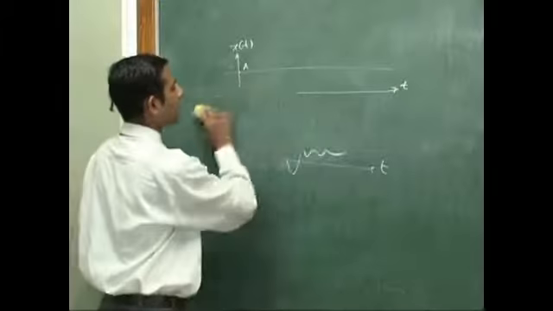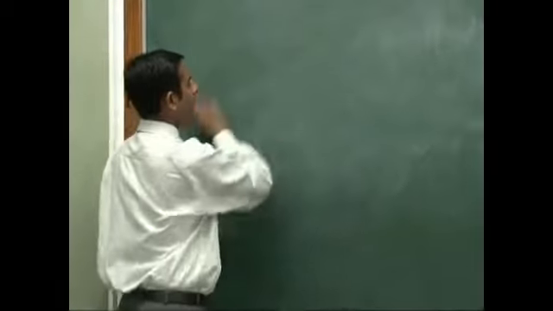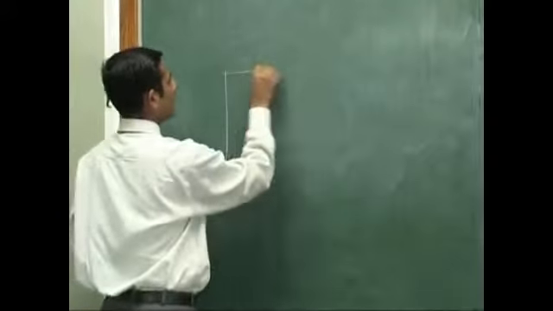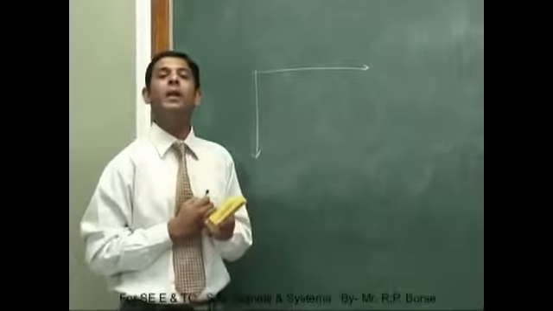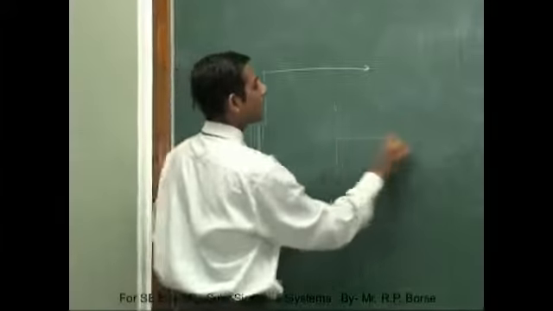Now as I told you, what is space? Time is in one dimension, space is in two dimensions. Now, it varies with dependent or independent variables. What is the concept of dependent or independent? If I draw this signal,